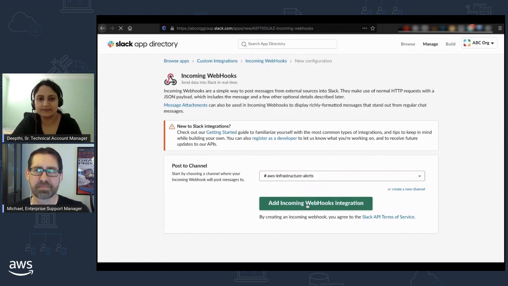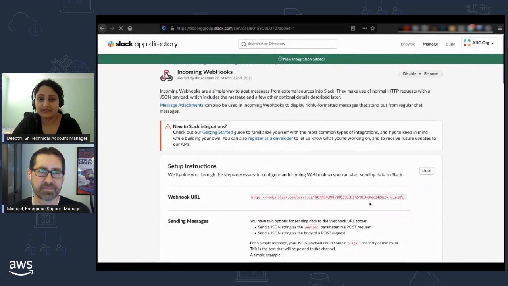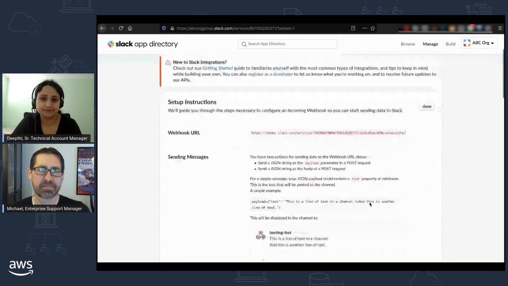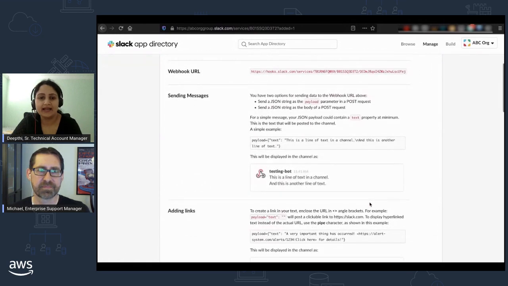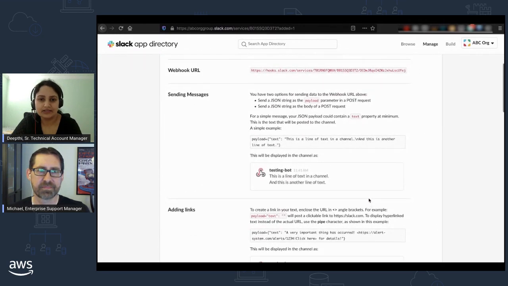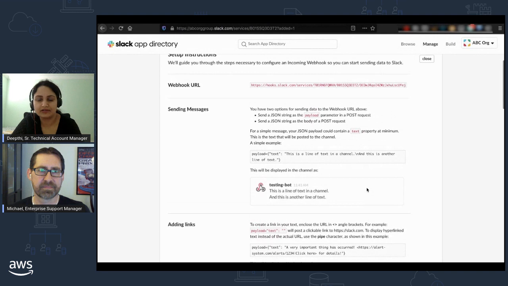Once I do that, I'll be presented with a webhook URL. And when I scroll, I do have some more customizations that I can fill in, like the name of this integration and a few other things.